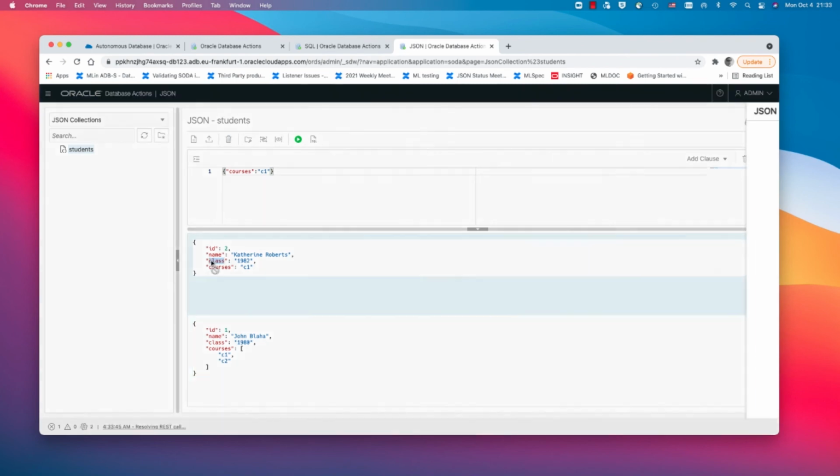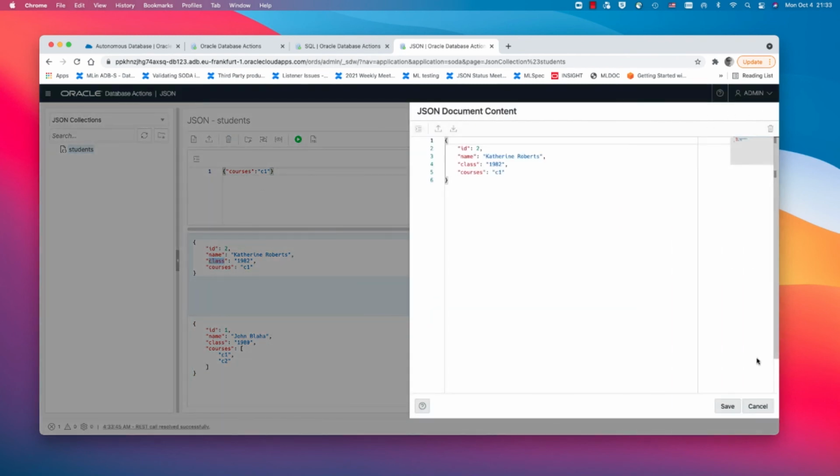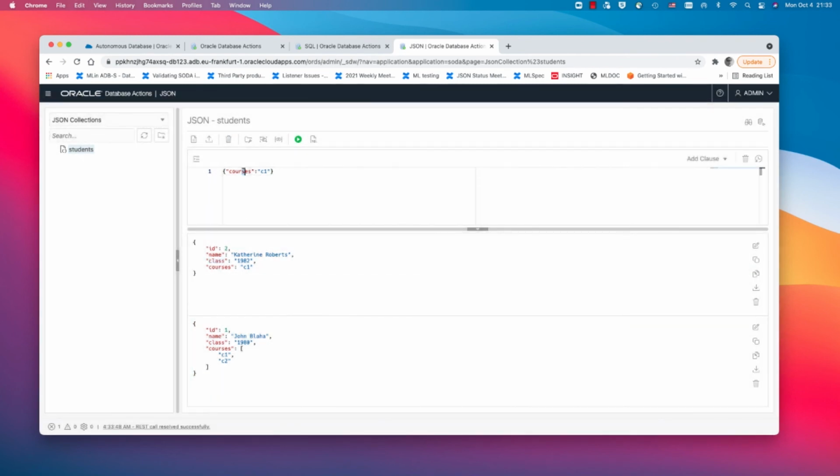We could also do, let's say, a class here. We could say class, and the value could be, oh, it's a string 2. And then we only get this value. So it's also possible to do ands and ors, greater, smaller, inequality, etc. This is just a very simple example of a QBE.